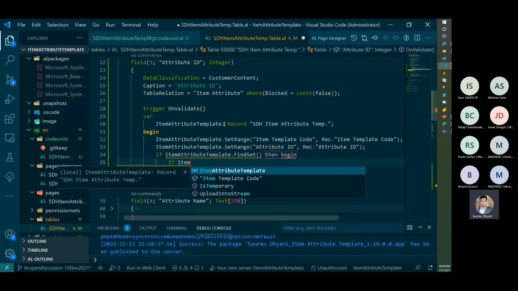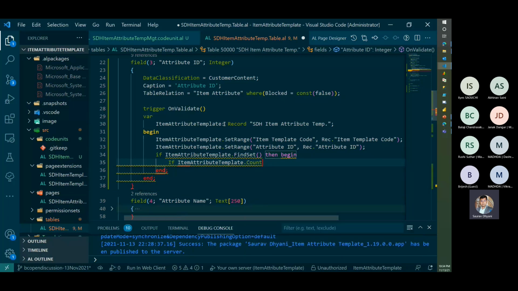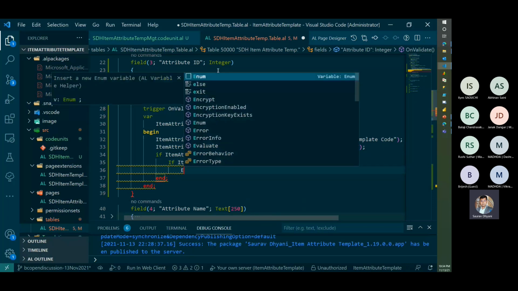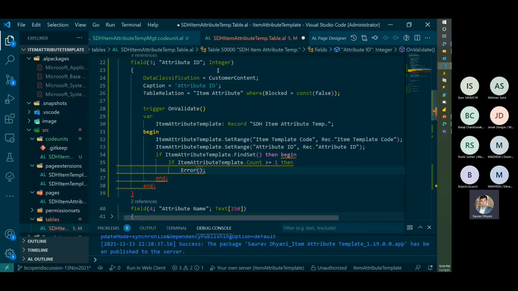If my item attribute template.count, if it is greater than, attribute ID is not yet inserted, but it's greater than 1, then I need to generate an error message, which is item attribute %1 already exists